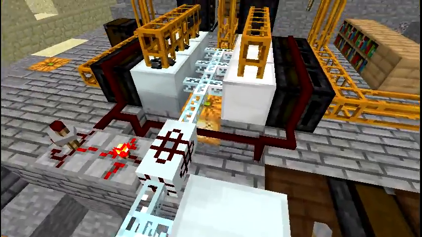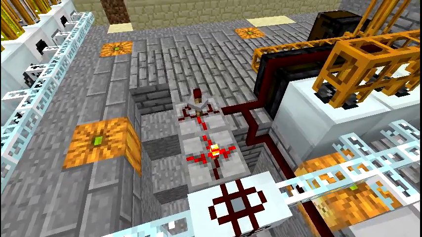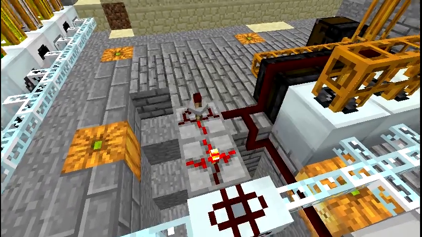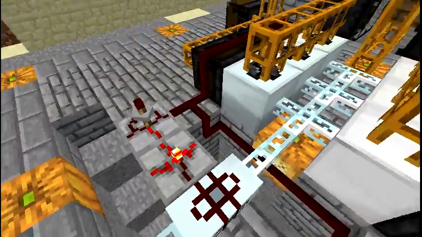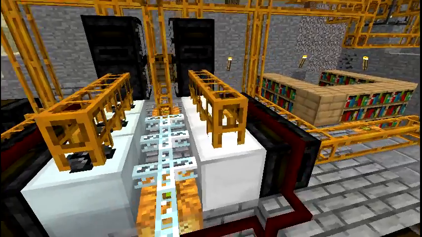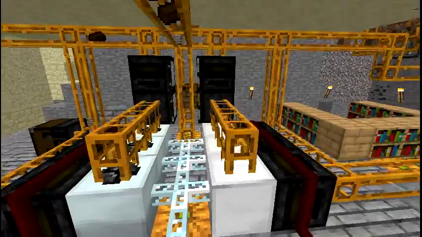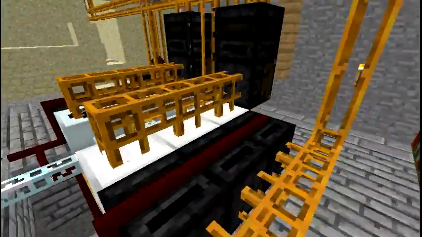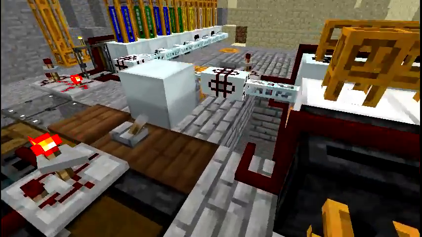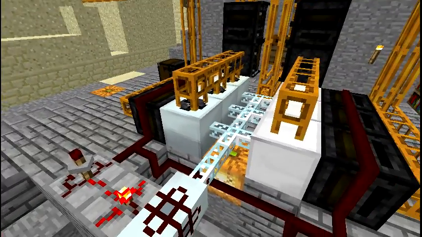Again, to activate the filters, the same system with an EU detector, a NOT gate, a timer set on 1 second, and a line to activate the filters. Very, very simple, very, very let's say practical to build. Why have I used filters and why haven't I used